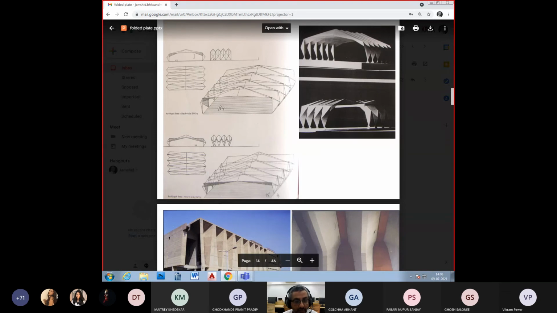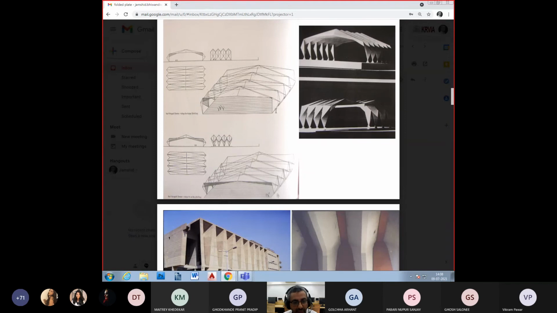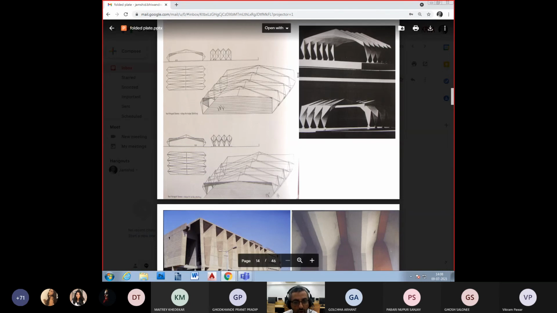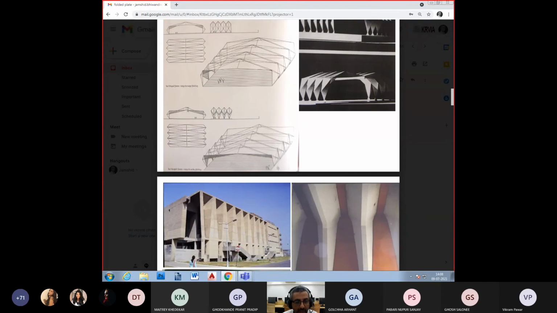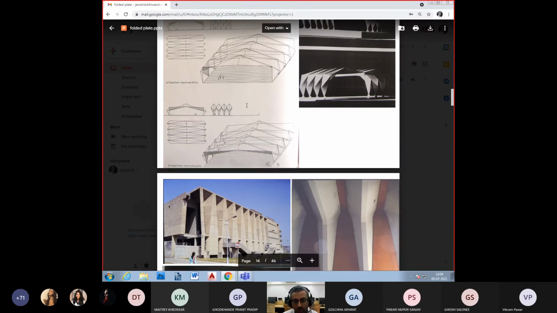And not to forget, the minute you use it as a frame and you encompass a rigid frame in the idea of the folded plate, you actually get rid of the idea of the diaphragm beam. So here, when you see the folded plate as a rigid frame, the walling system actually acts as the diaphragm beam, whereby the fold actually comes and gets stiffened or locked into the folds along the wall.